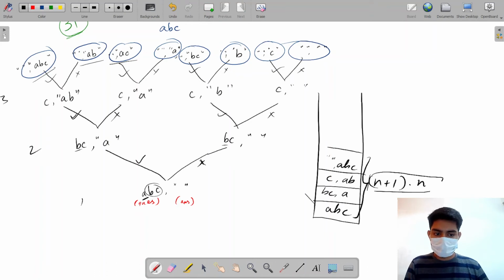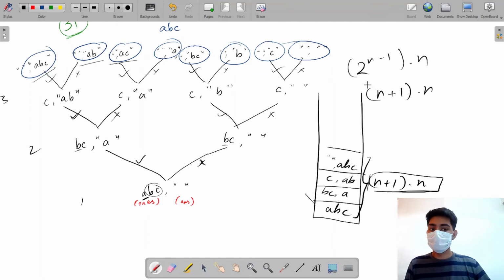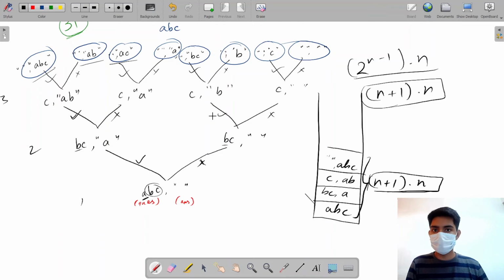So the total space that I'm using in my stack is n plus 1 into n. And this is a huge difference from 2 to the power n minus 1 times n. This is a huge difference. So it is much better to use this approach if you're just going to print the answer and not store it. Okay, so now let's try to code this question.